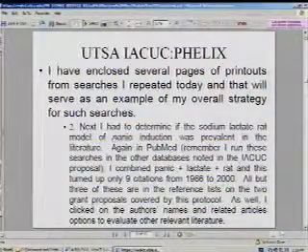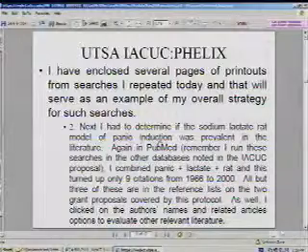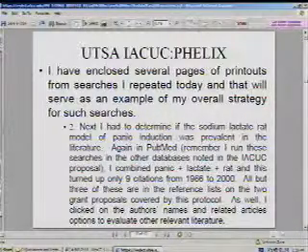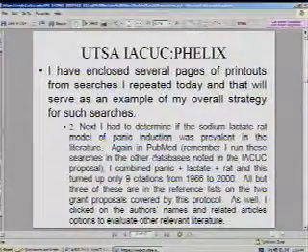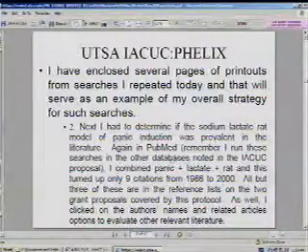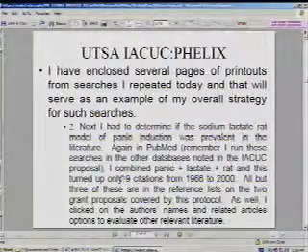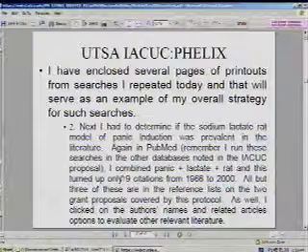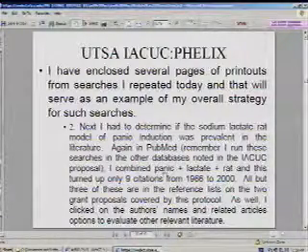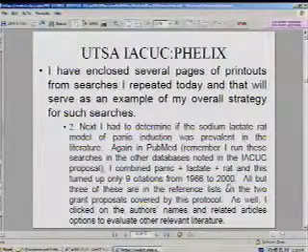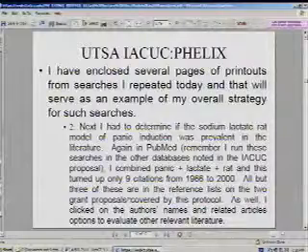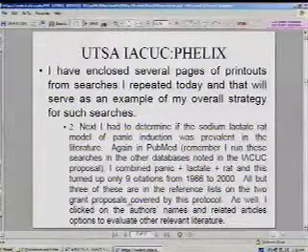Next, I had to determine if the sodium lactate rat model of panic induction was prevalent in the literature. Again, I performed a search and ran these in other databases noted on the IACUC proposal and the original one that I put in. So using more than one database and search engine, combined panic, lactate, and rat, and it turned up only 9 citations from 66 to 2000. All but 3 of these are referenced in the proposal,